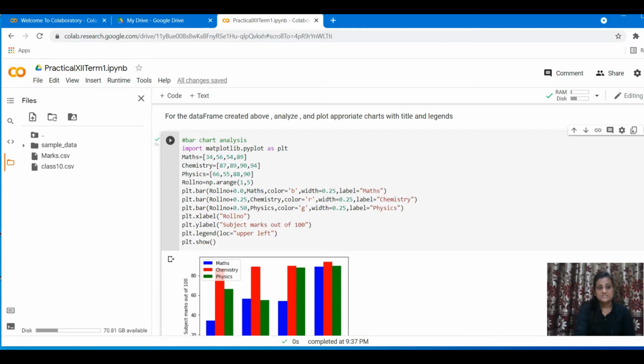Then we can decide a different color if you want, or otherwise if you don't provide that then also a color will be taken up. So color, that is blue, width 0.25 bar width, this bar width, and then label as mathematics. Second, now once if I